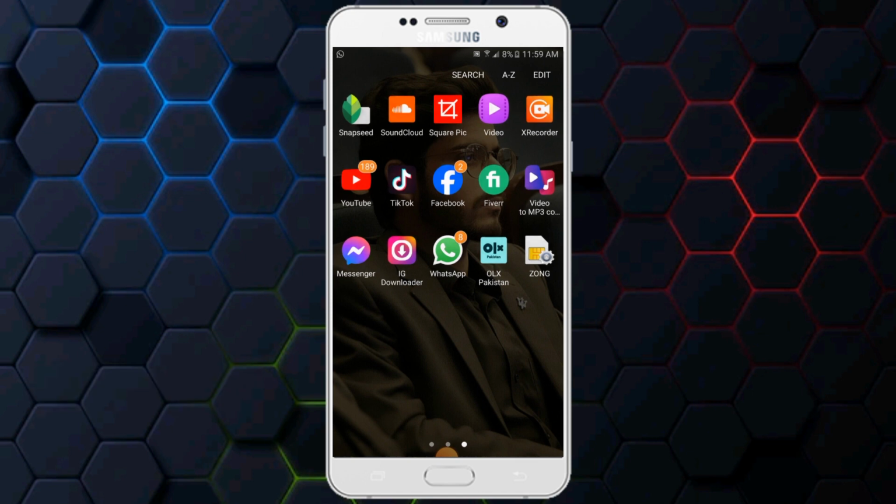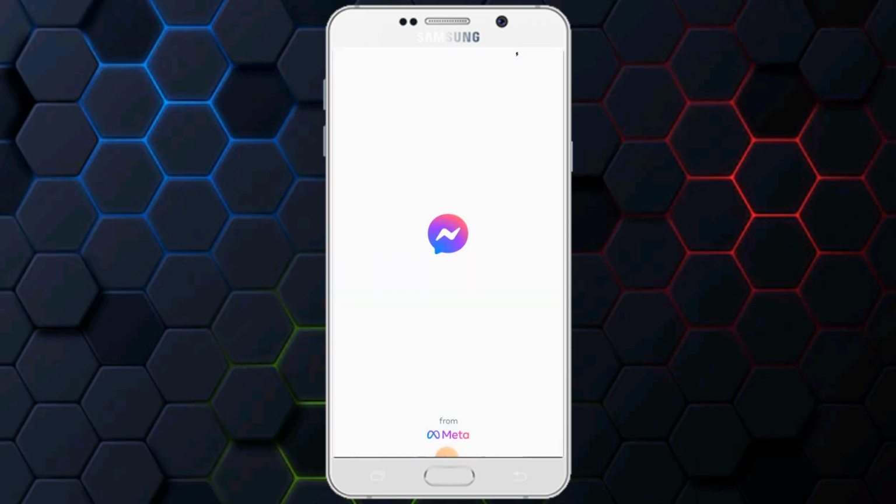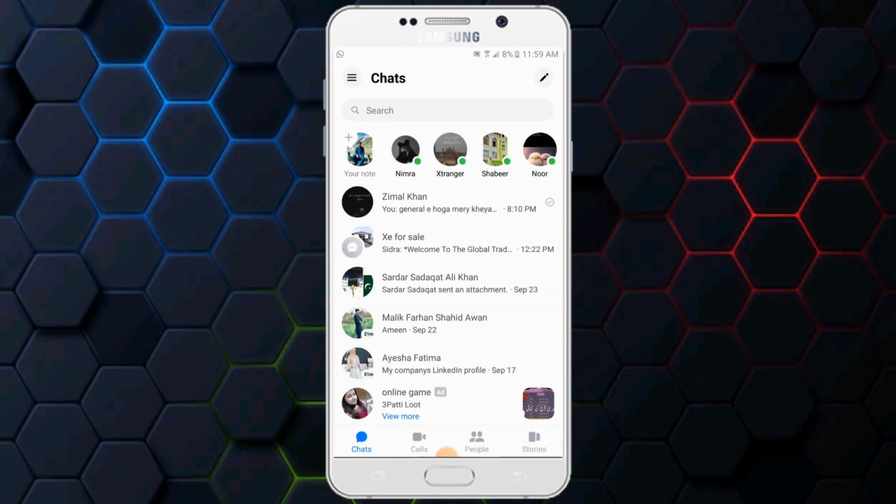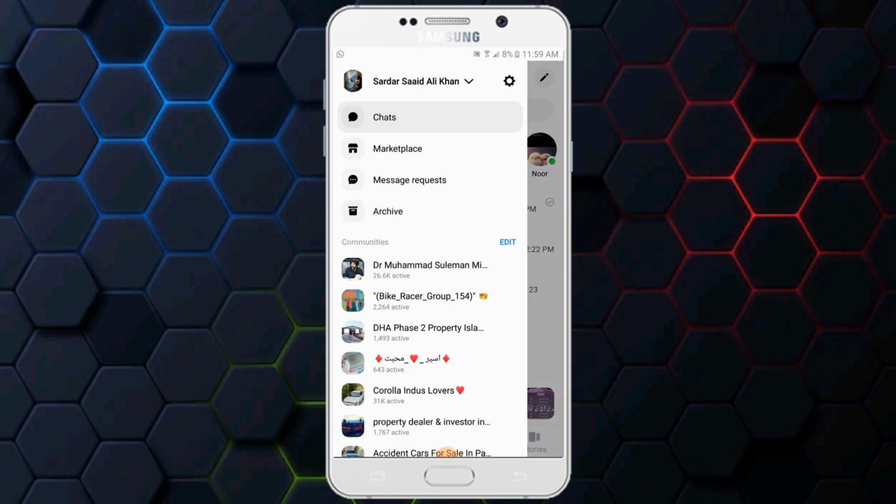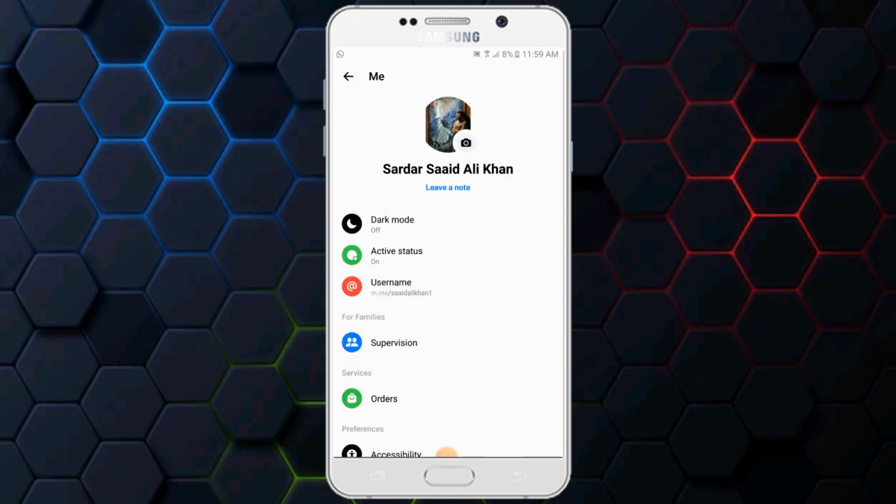First of all, you will simply open your Messenger application. At the top corner there are three horizontal lines. You will simply tap on the three horizontal lines. Here you will tap on the corner option, settings. You will go to settings, and here in front of the profile picture there is a small camera. You will simply tap on the small camera